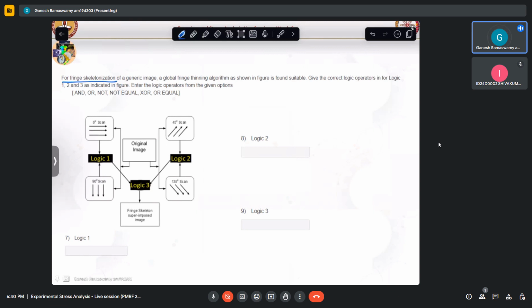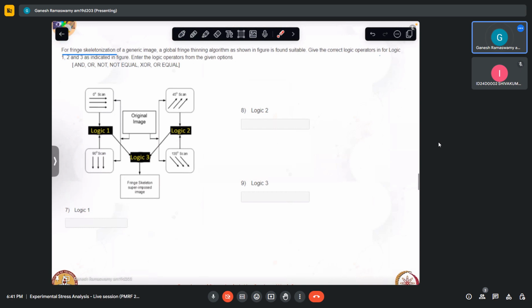So for fringe skeletonization, this question is asking, for fringe skeletonization of a generic image, a global fringe thinning algorithm as shown in the figure is found suitable. Give the correct logical operators for the logic 1, 2 and 3 as indicated. Enter the logics in the given options below. So what they are asking is